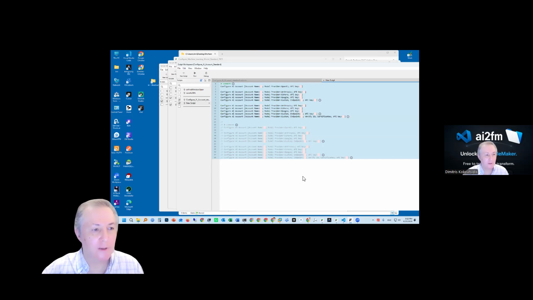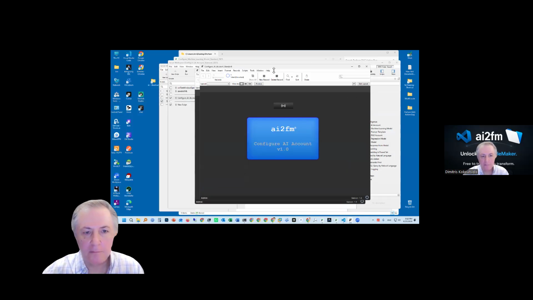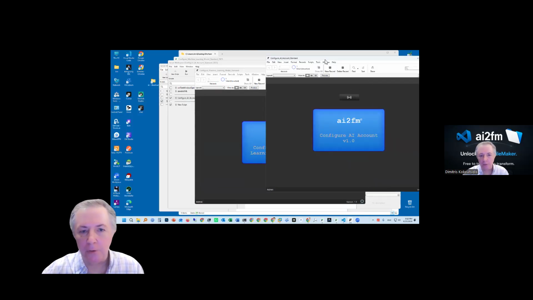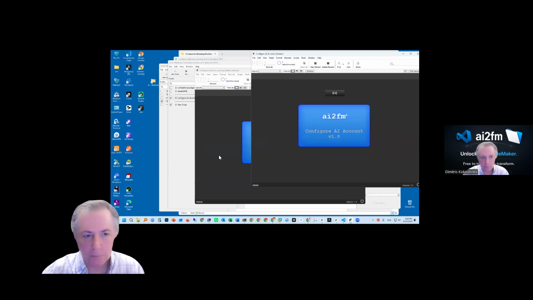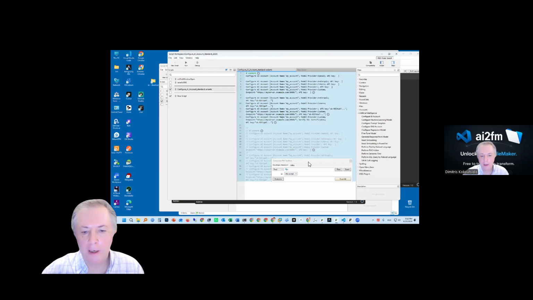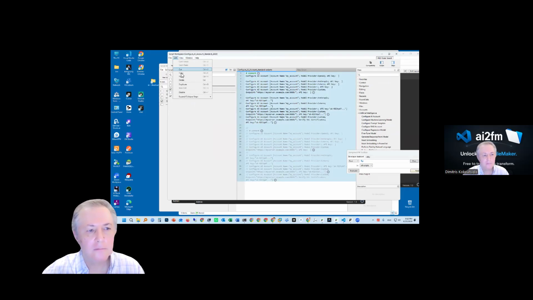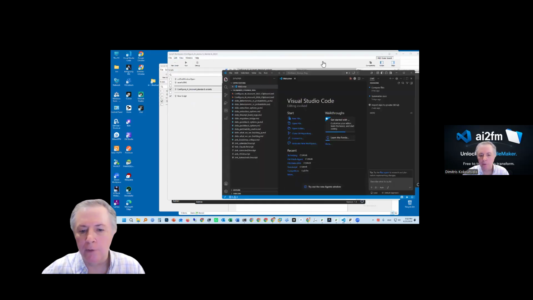We already solved this. How we solved it? Let's say that you are in FileMaker 2025, and you copy this, and you go to VS Code,